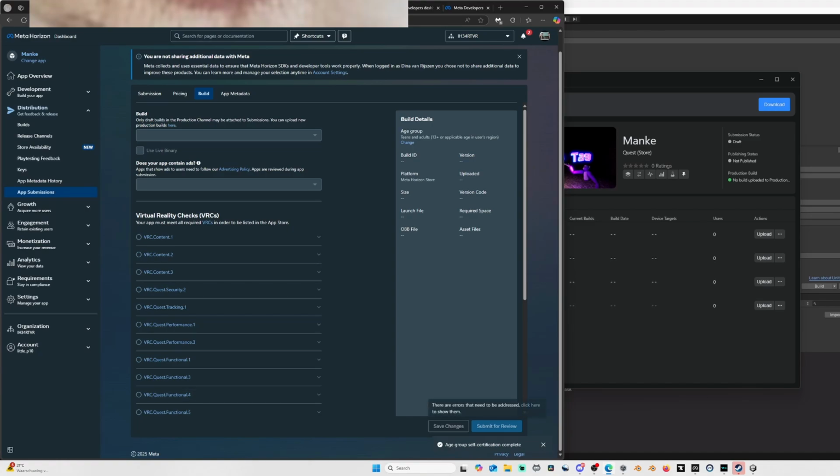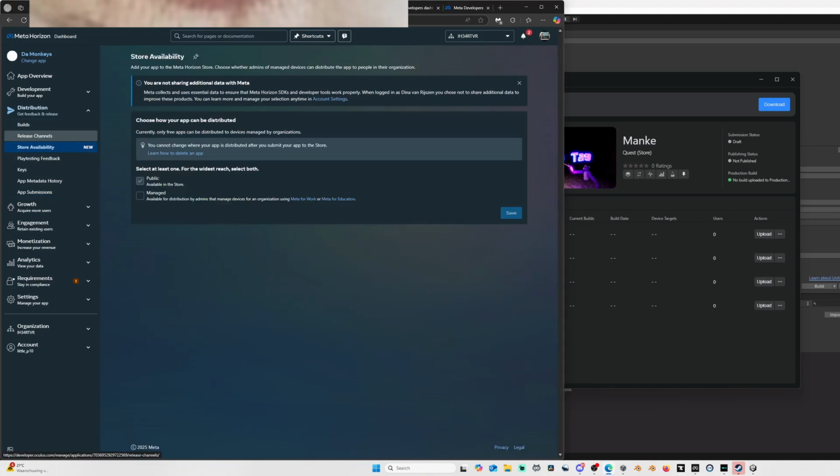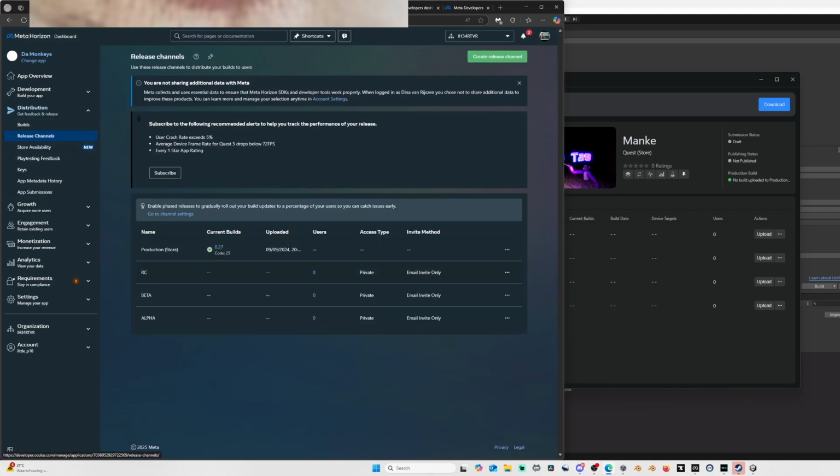Now you can click on save changes, and you should be able to click on submit for review. And okay, after you've done all of these steps, you should be able to click on submit for review. So just click on submit for review, and then wait a few days, and then your game, if you go to release channels here, it should say